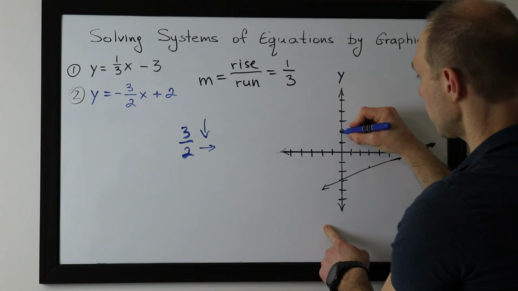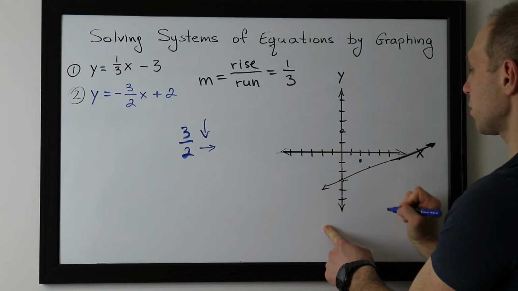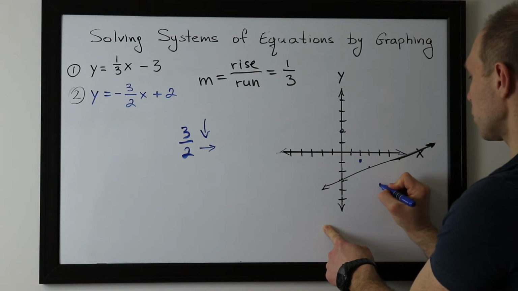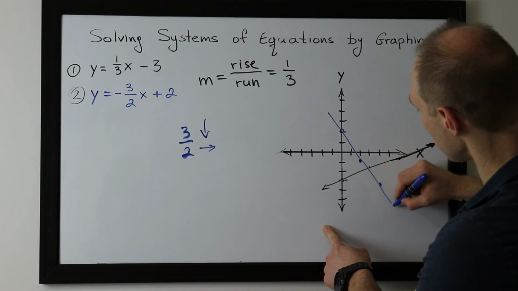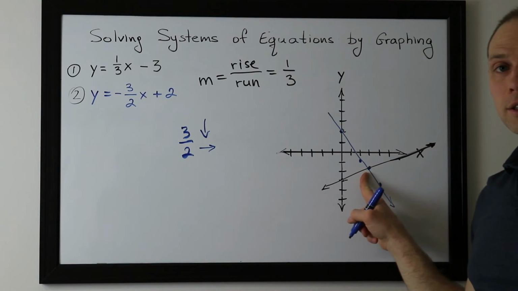Let's start here. 1, 2, 3, and then 2 units towards the right. 1, 2, 3, 2 units towards the right. We have our points. We can connect them, and we find the most important point, which is the point where the lines cross